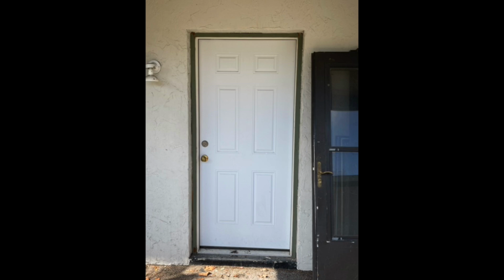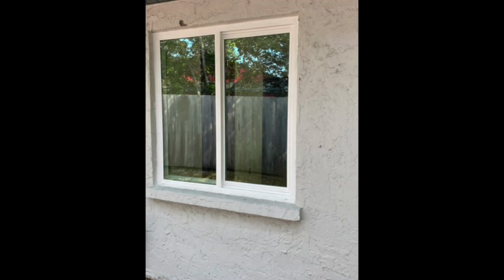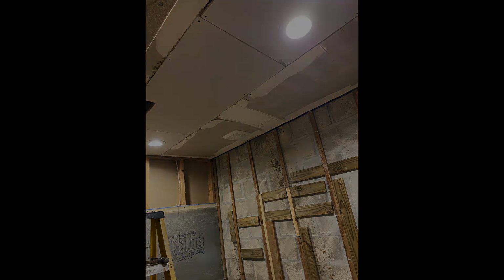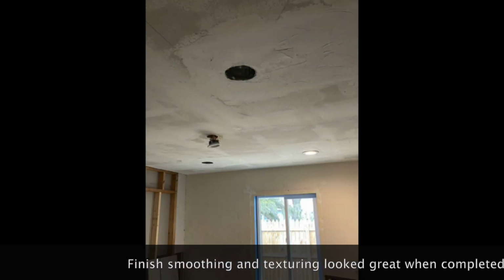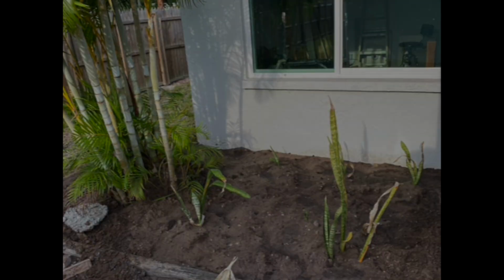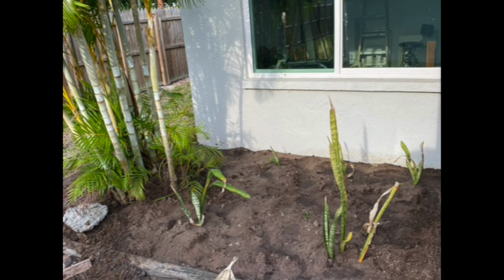Some of the things I didn't show in this video was the installation of a brand new door and all of the windows that went into it and how I did the lighting for the recessed lighting. I cut squares in the ceiling and then built the cans in, framed them, and then repaired the ceiling. And I also did the landscaping on the outside, which was kind of cool because it really made it look new again. Truth is, when I asked my agent to find me something ugly that I could make money with,